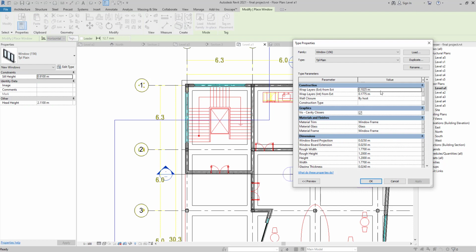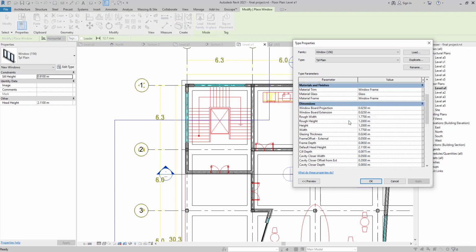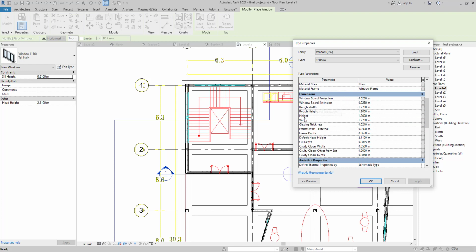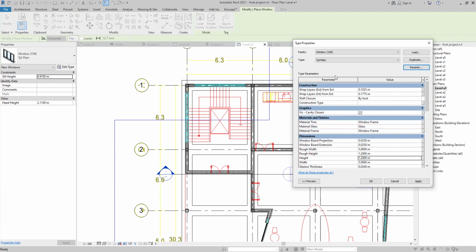edit type, windows, and here we are going to have dimension in the dimensions category. Width, I'm gonna go for 5, and height for 1.2 is alright, and I'm gonna rename my windows. We need to have, of course, duplicate it, because when we duplicate that, we didn't specialize the measurement, so it removed from our category. So we need to write my 50 centimeter or my 5 meter window,